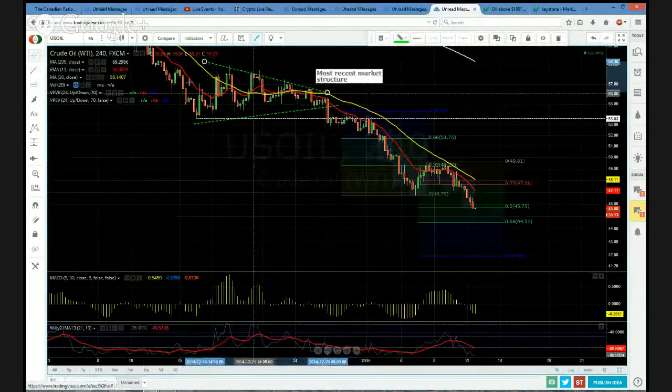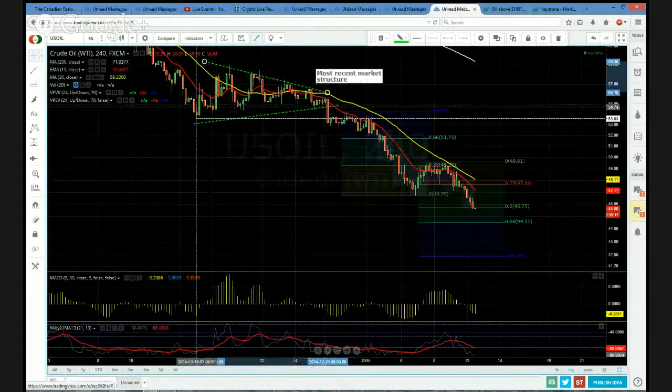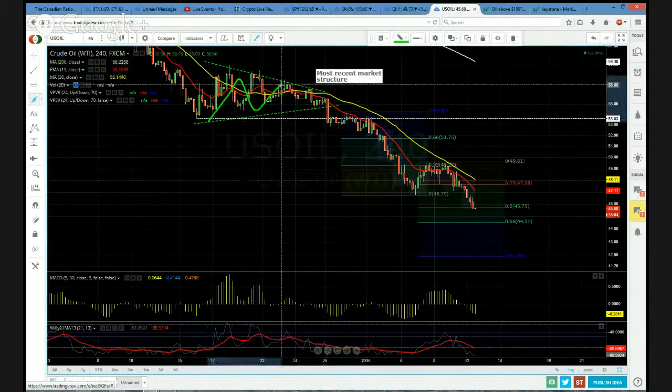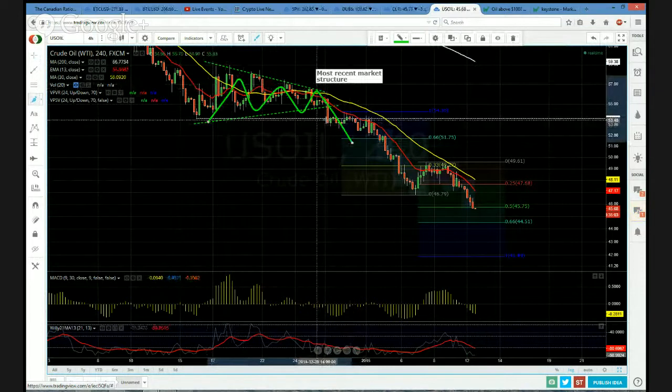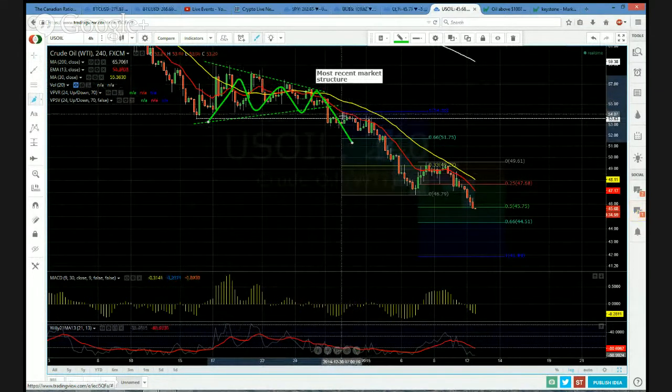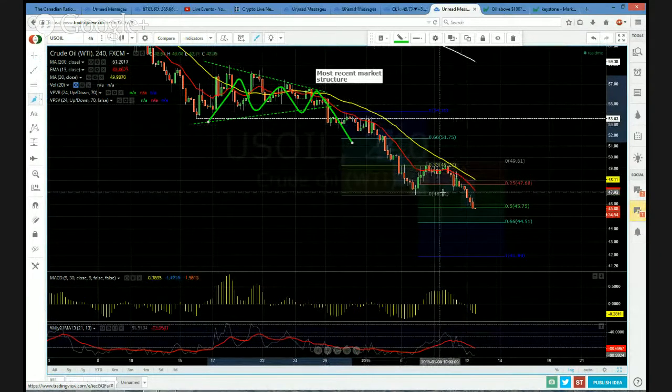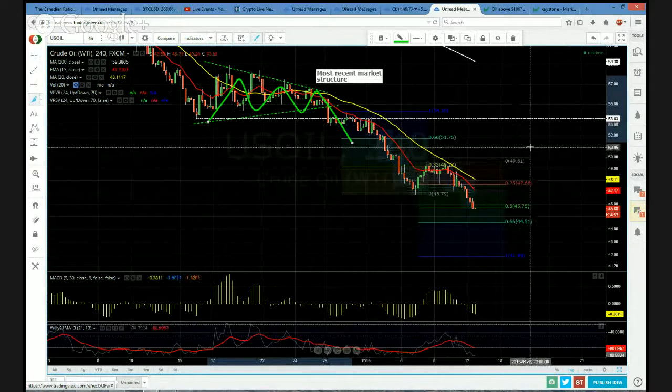You could argue off of this 4-hour consolidation, right? We got bearish market structure, basically double tops, right? Bang, bang, bang, bang, bang. See ya, right? You can see the M's in here. So once that's confirmed, then you can start hunting what are called bot setups, which are basically trending market strategies.